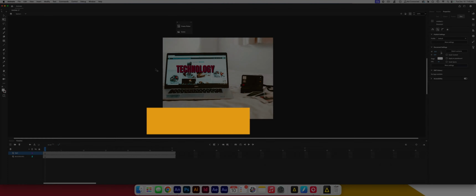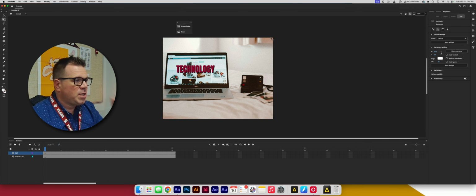Alright, so how do we do masking in Adobe Animate? Here's a quick way of how to create a mask in Adobe Animate. Let's check it out. So I've got a simple background here, an image I downloaded off of like pexels.com, and